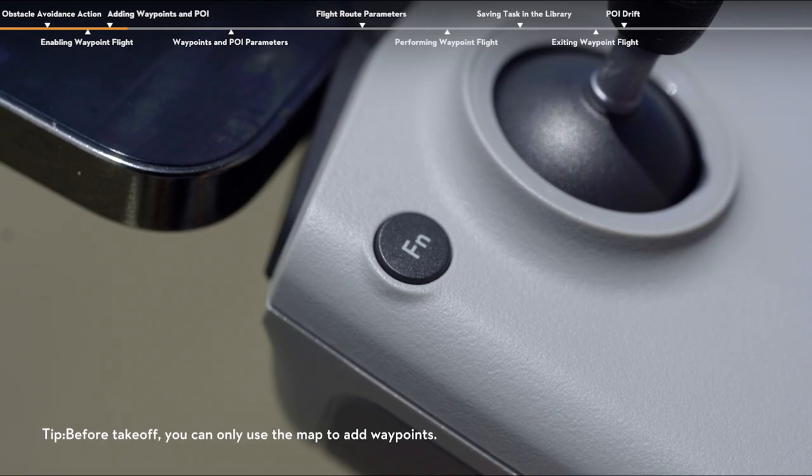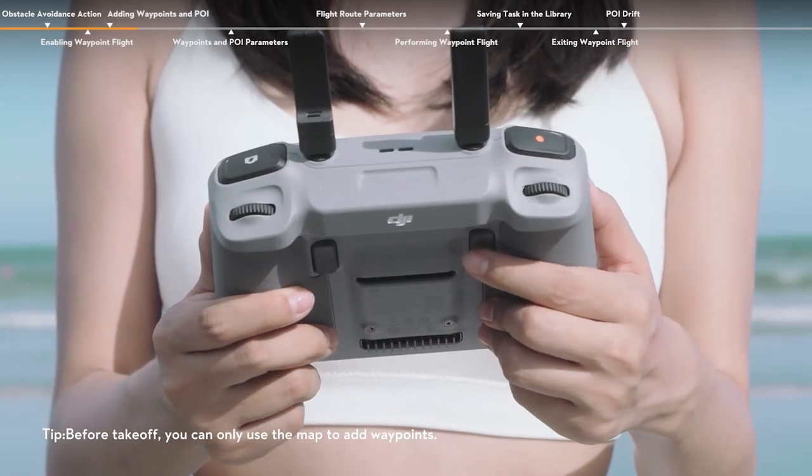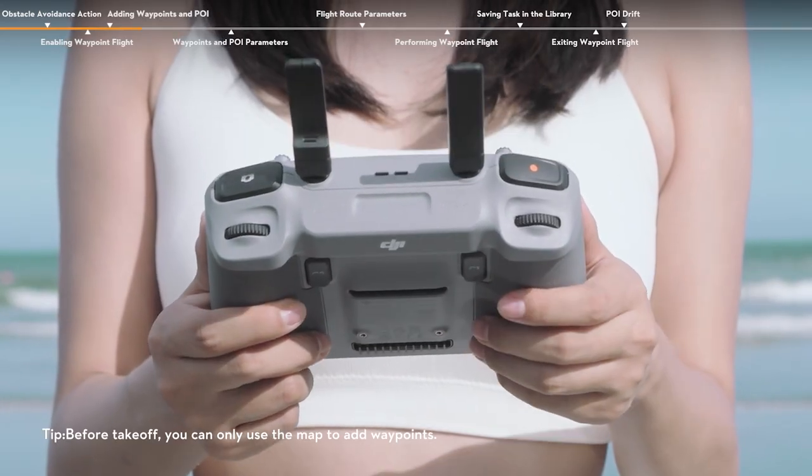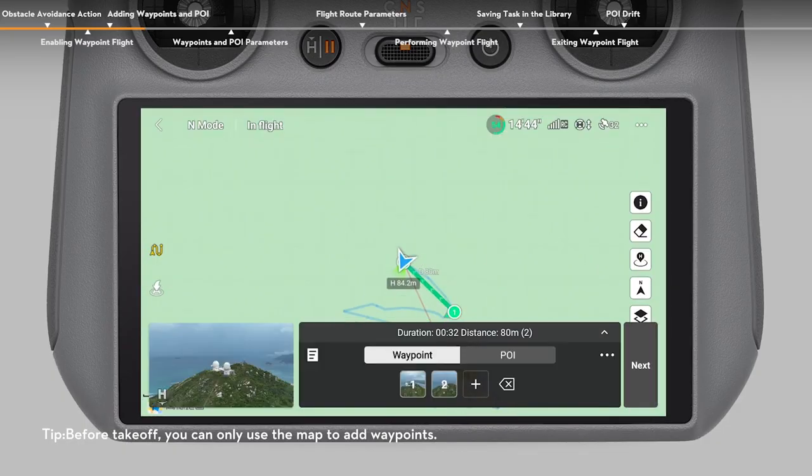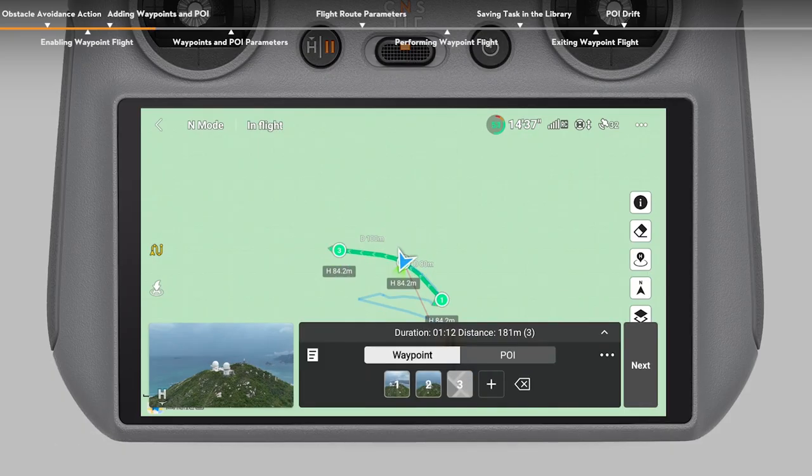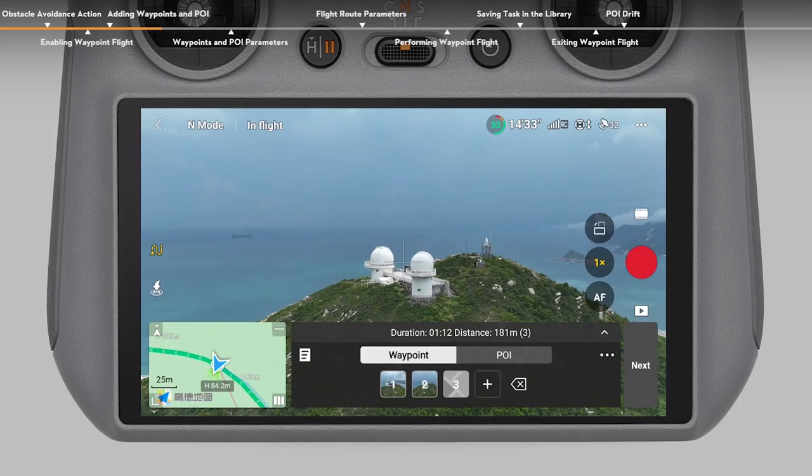Using the remote controller, press the FN button on the DJI RC-N3 remote controller or the C1 button on the DJI RC-2 remote controller to add a waypoint. Using the map, enter the map view and tap on the map to add a waypoint. It is recommended to add waypoints during the flight by using the remote controller or the operation panel, which not